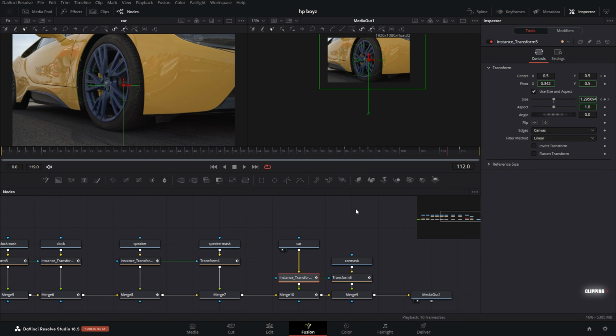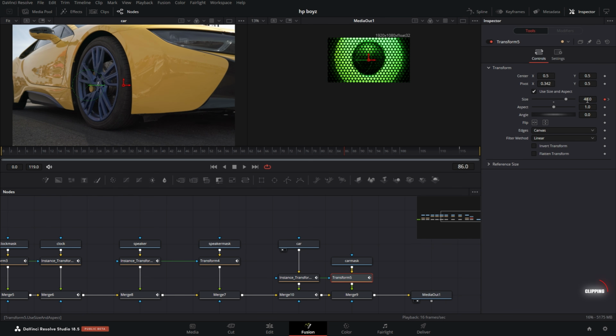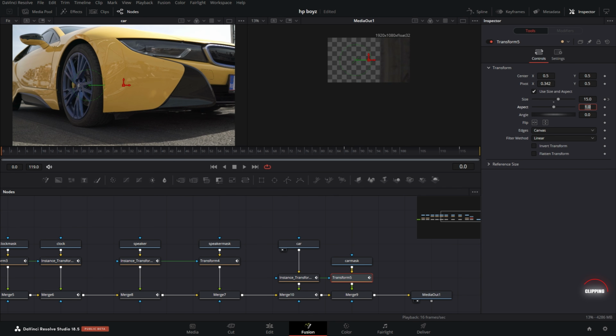Now, in the course of creating this effect, if you notice any clipping, this is how you fix it. And what I mean by clipping, if I go back here to my transform 5, I'm gonna go to frame 86 where the car clips begin. Here I have it set all the way up to 40 because in the previous clips, I have it set to like 10, 15, 12, stuff like that. So if I go back and set this at 15 for the first frame, and I go back to my original clip, you will automatically start seeing parts of the car